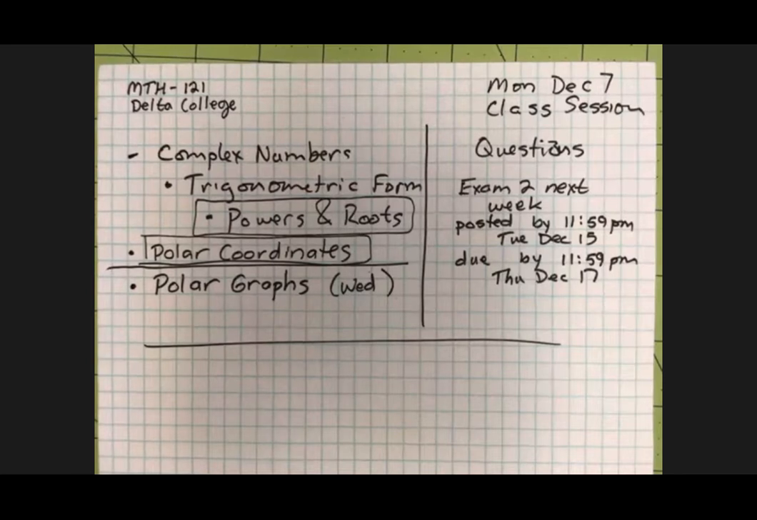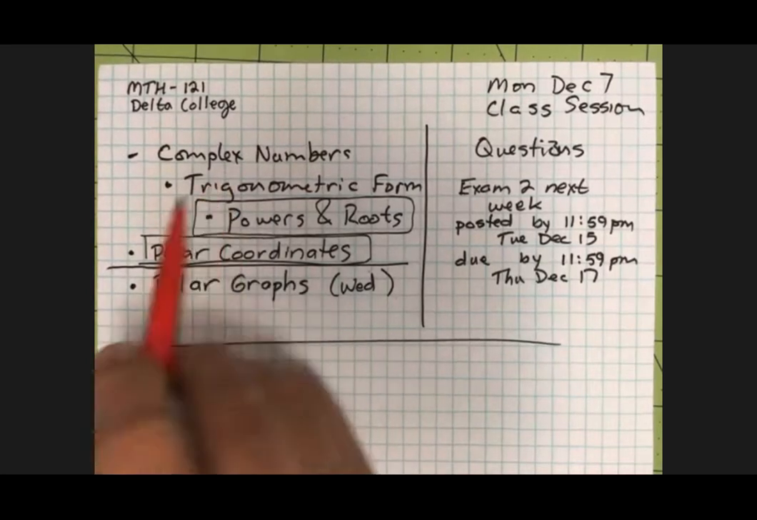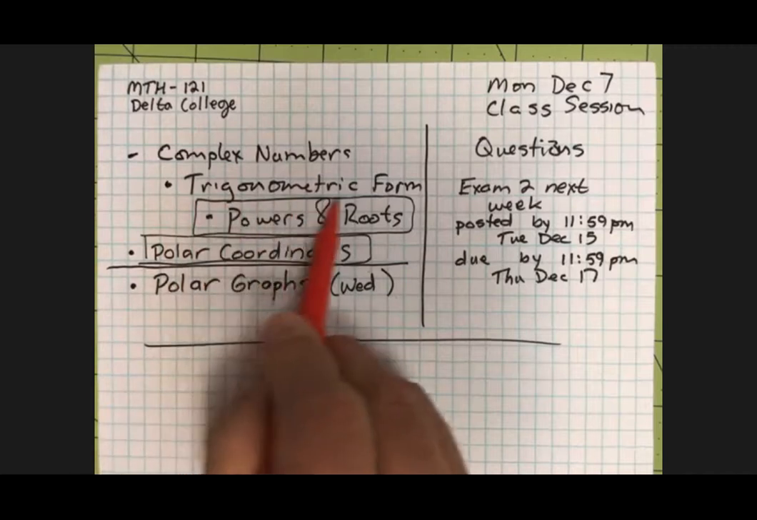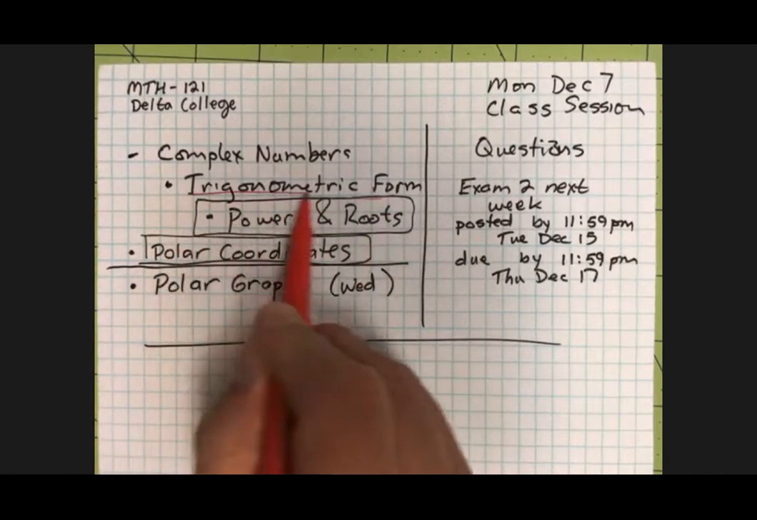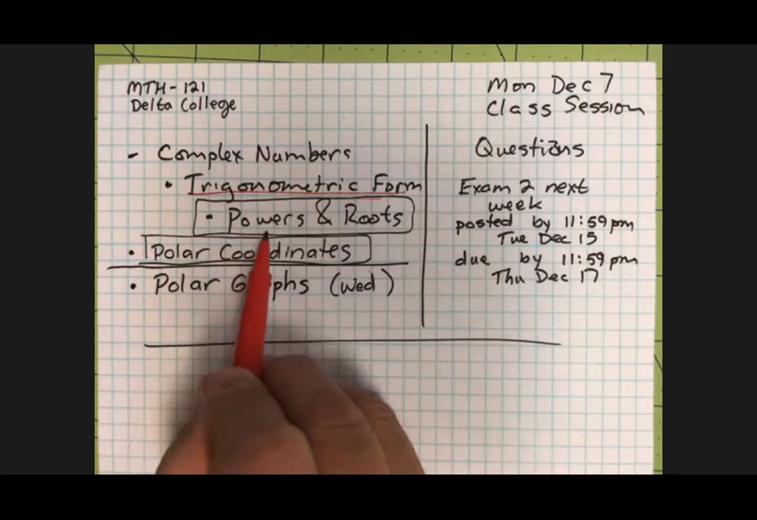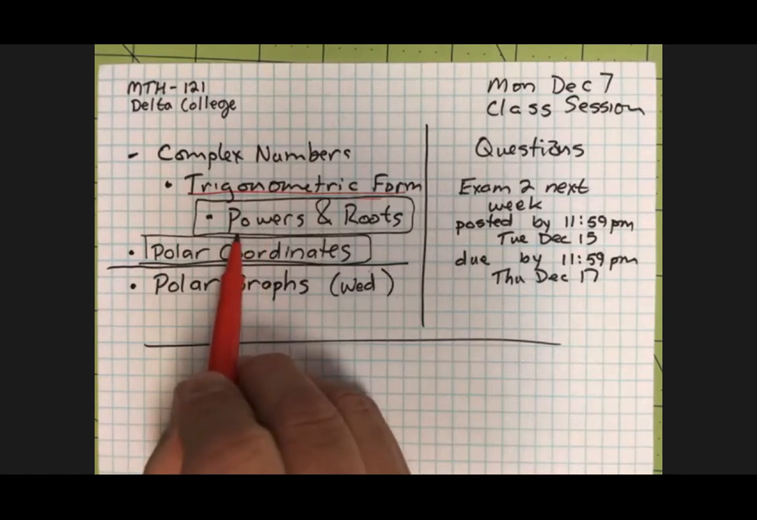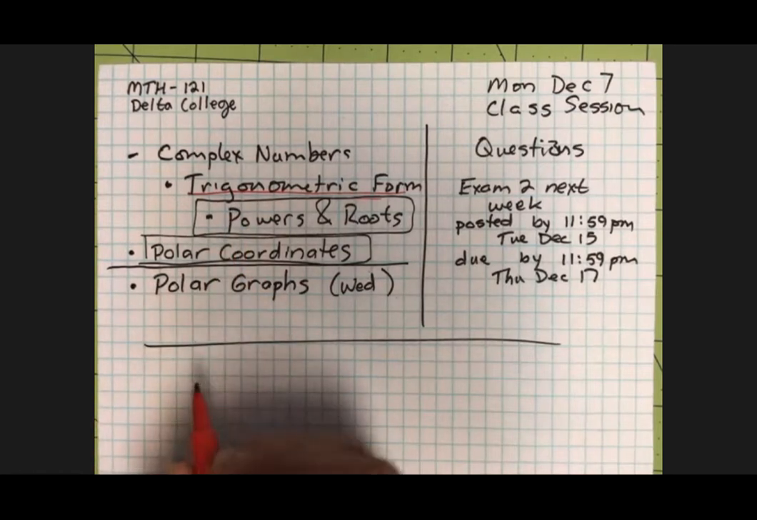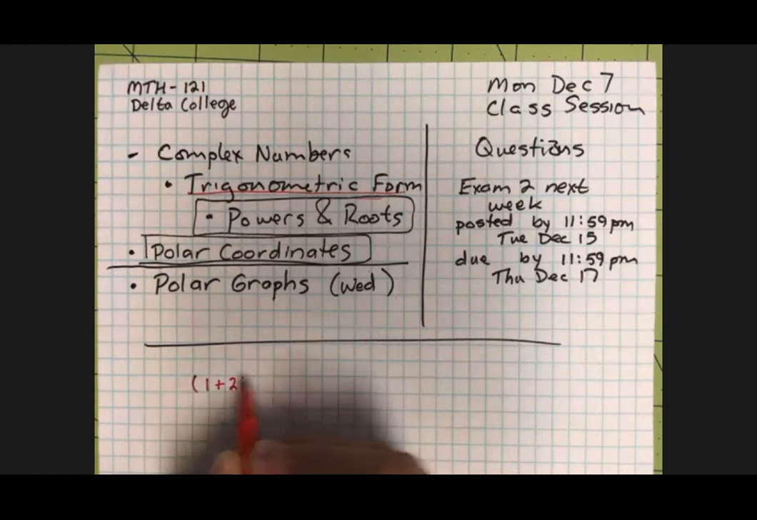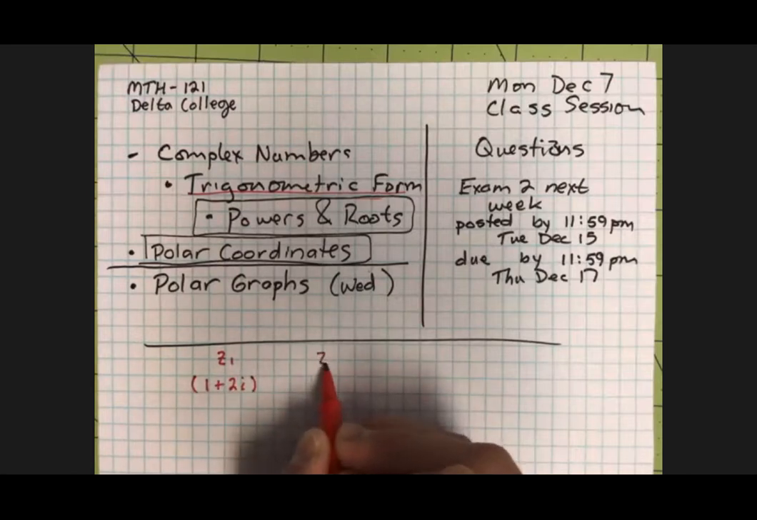Let's finish up the excellent properties of the trigonometric form of complex numbers. And that is, in particular, how I can use the trigonometric form to do powers and roots. So let's take this number 1 plus 2i. Let's call that z1. Let's take another complex number,